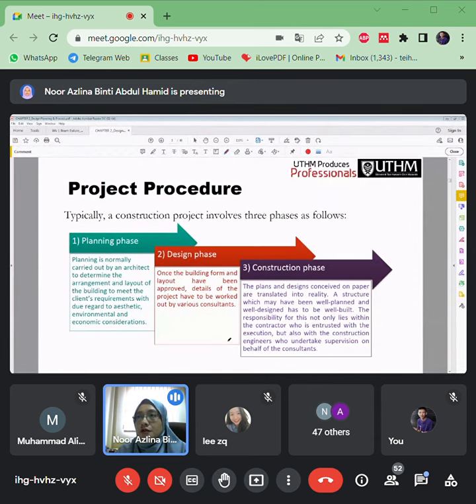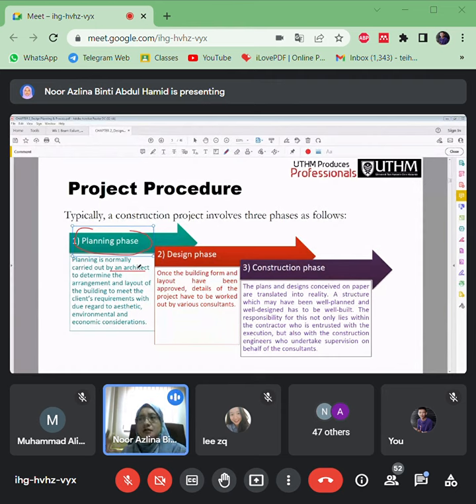So these are three different phases involved in the projects. The first is planning. Planning is usually carried out by architects. They plan first what shape of house, how much area, according to the building owner's land, everything.